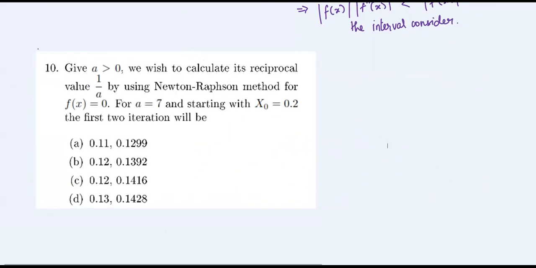This is given a greater than 0, we wish to calculate its reciprocal value 1 by a by Newton's Raphson method for f of x equal to 0, for a equal to 7. Not just f of x equal to 0, the question is slightly different. Okay. This f of x chosen is